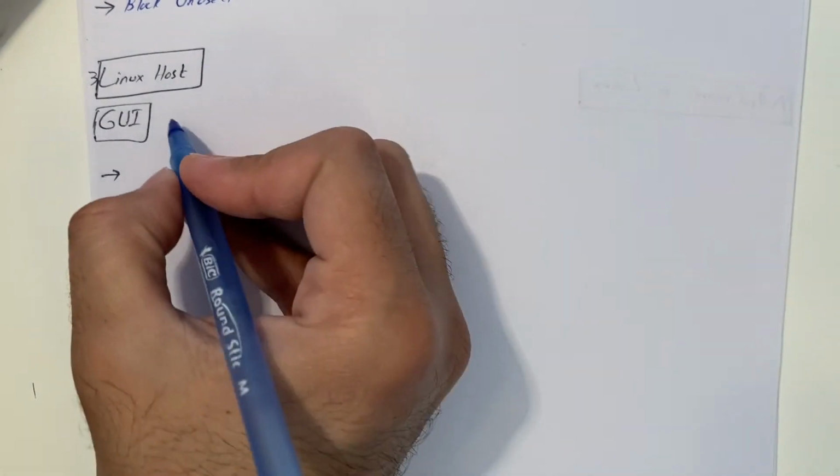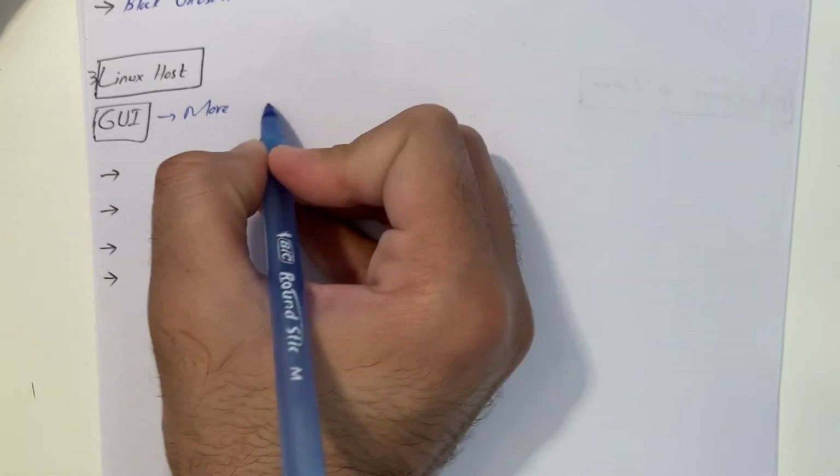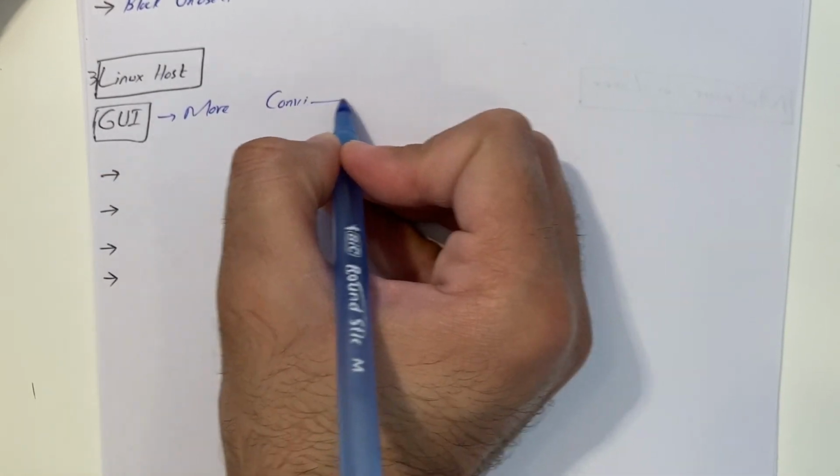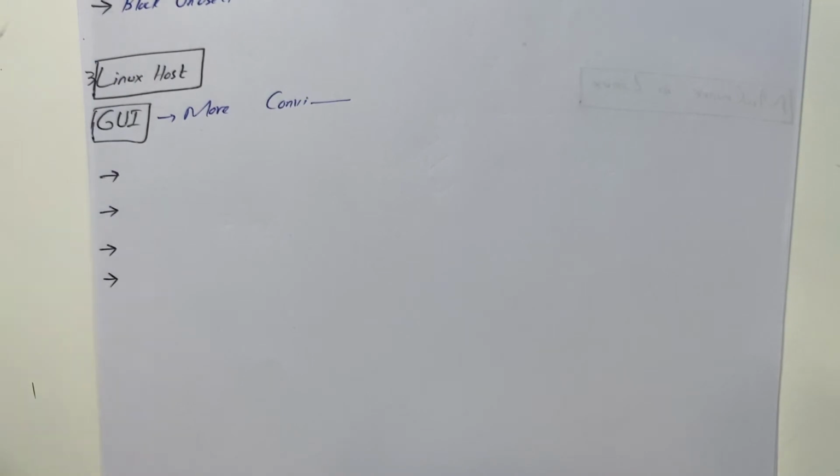To control a Linux host, we have a CLI. We already talked about CLI, command line interface. We can type configuration files in the command line interface. Some applications can be managed using a GUI as well. What is a GUI? Graphical user interface. It provides a visualization of your hard drive, so you can visualize where the data is stored and manage the data more easily. GUI is more convenient as compared to CLI.